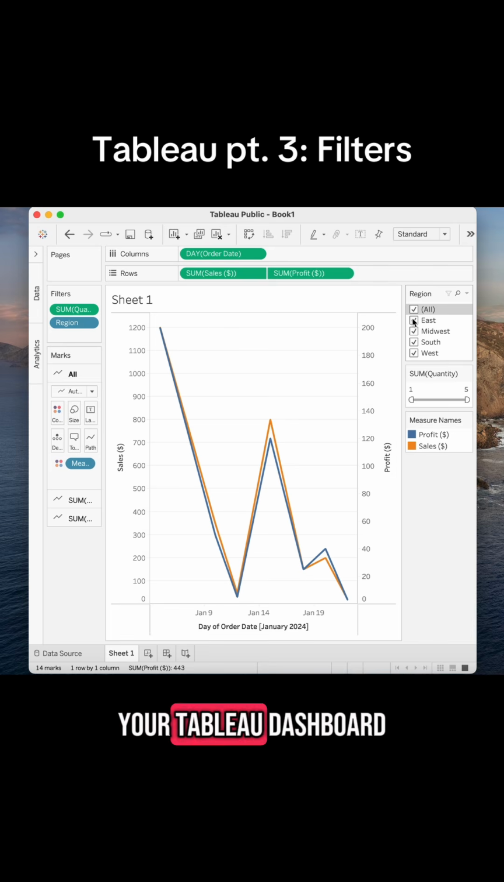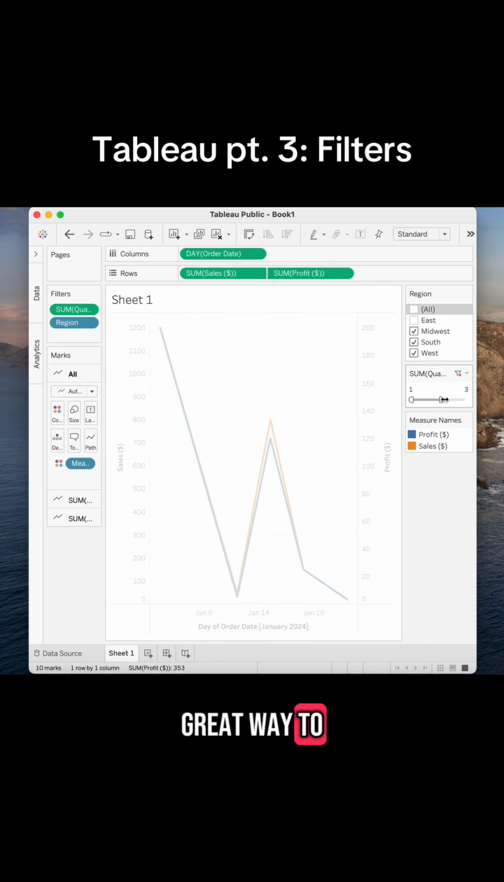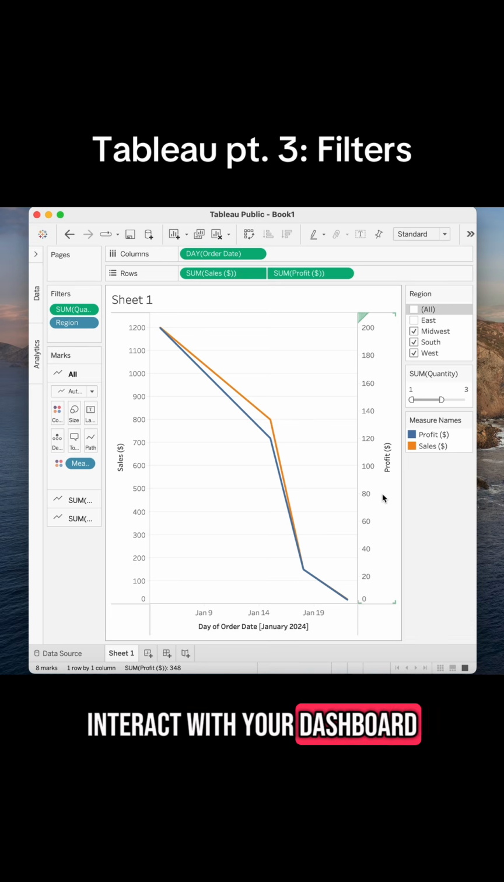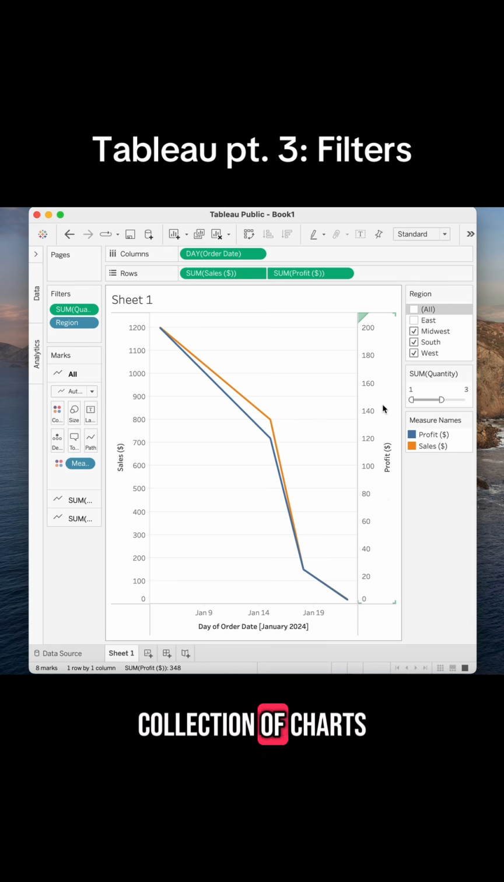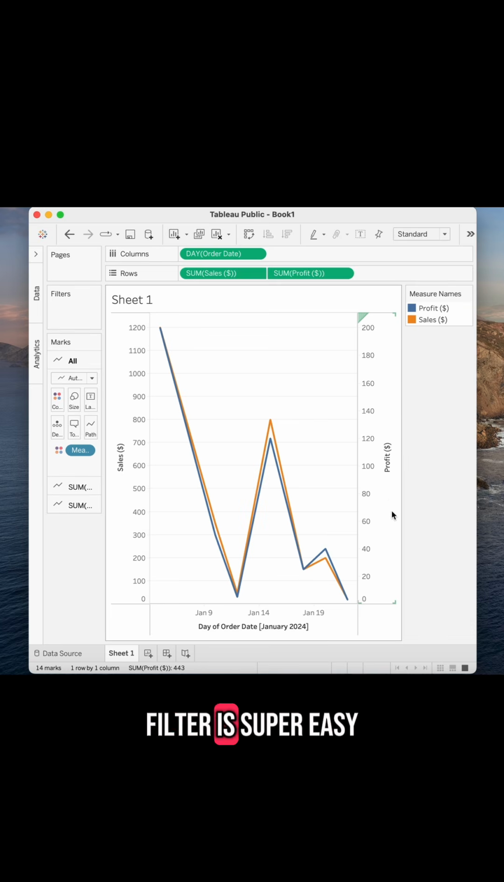Adding filters to your Tableau dashboard is a really great way to allow users to interact with your dashboard instead of just looking at a collection of charts and graphs. So adding a filter is super easy. I have my line graph here of sales and profit over time, and I want to filter by region,